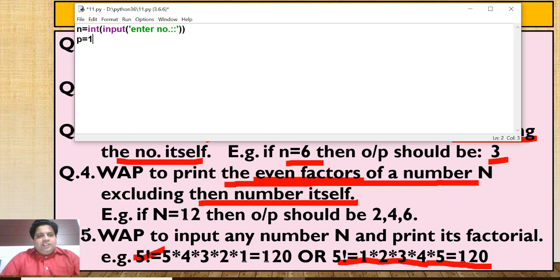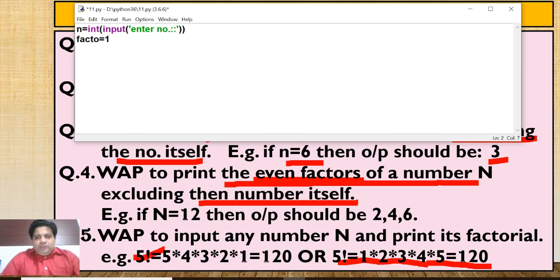If you are initializing it with 0, 0 will make the result 0. So here I am taking 1, p is equal to 1. Or I can say facto equal to 1. This facto is the name of the variable that will store the factorial.